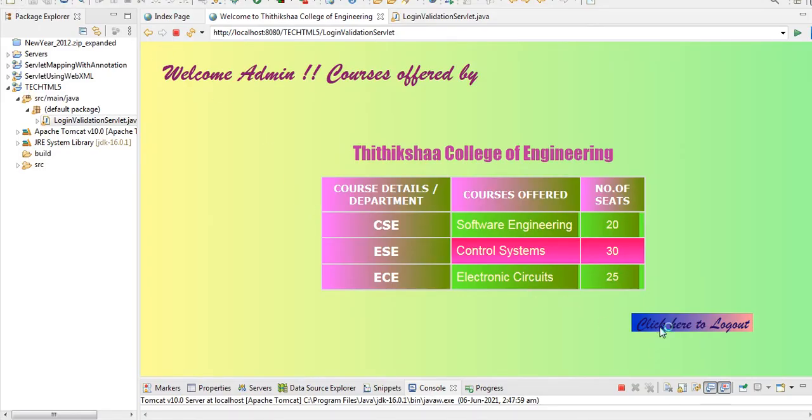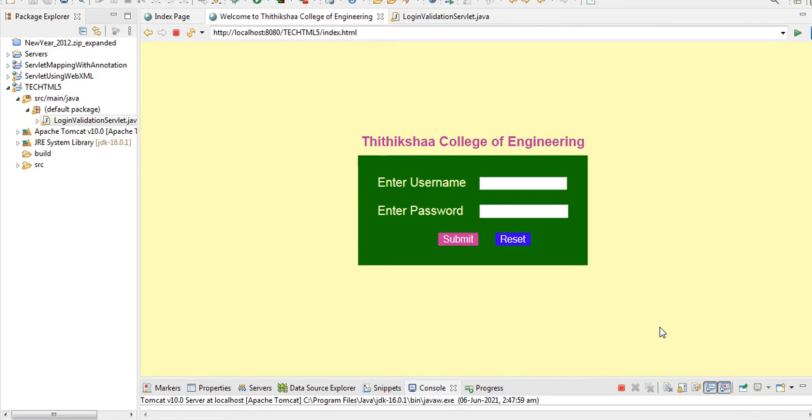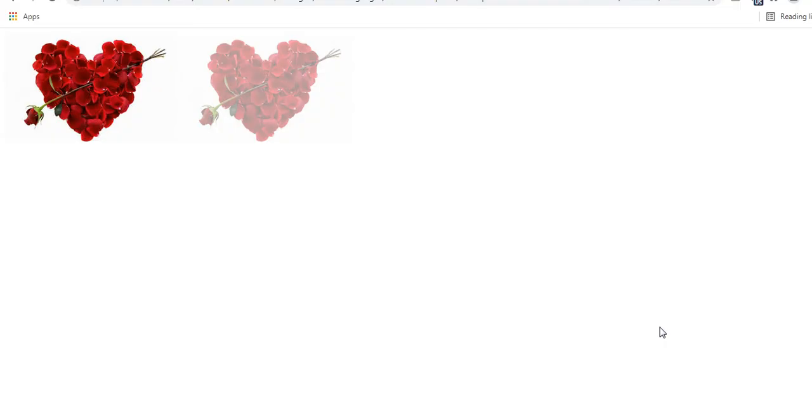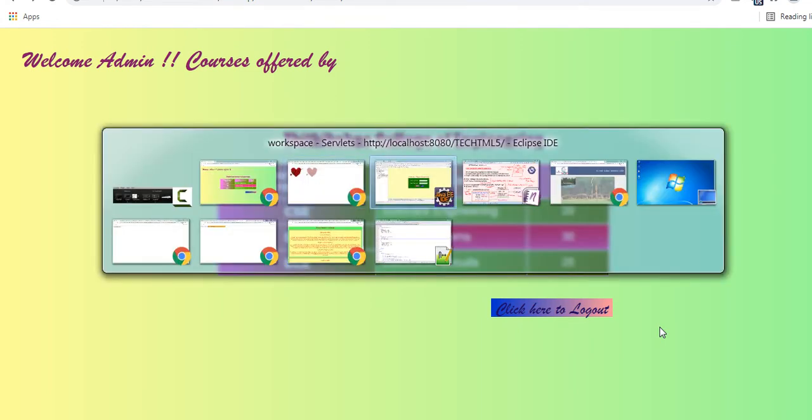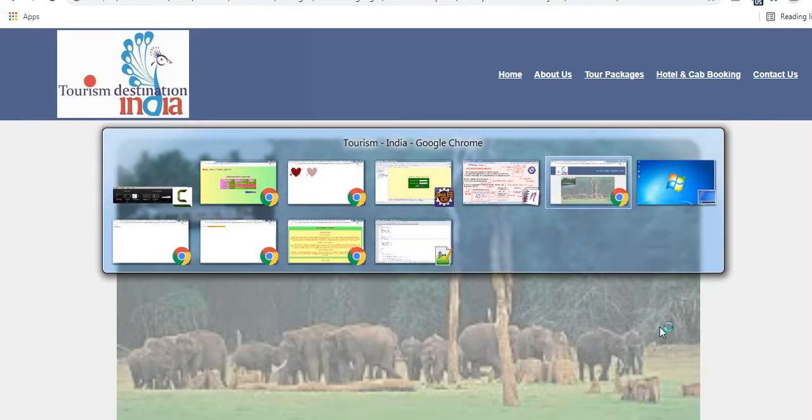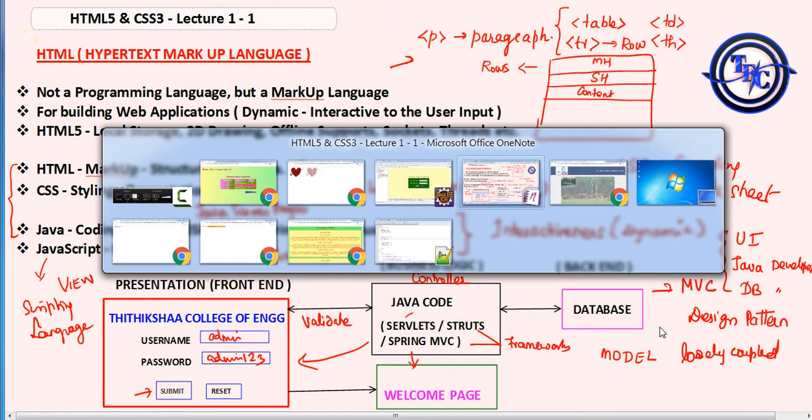So if you click this, it is dynamic. So you can understand now very well, this is said to be dynamic and this is said to be a static web page. Okay, clear? That's all. It's very easy, HTML and CSS, and it will be very interesting to code with HTML. We will see the tags and all in the next session.